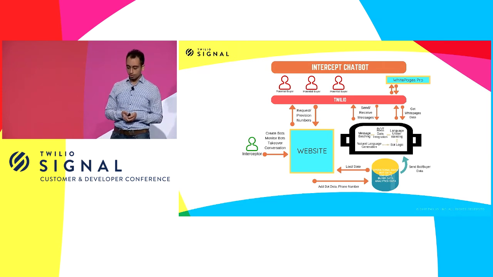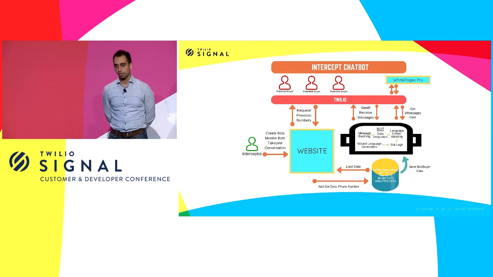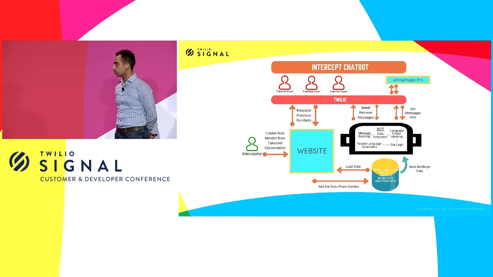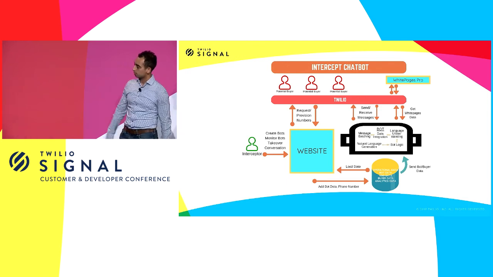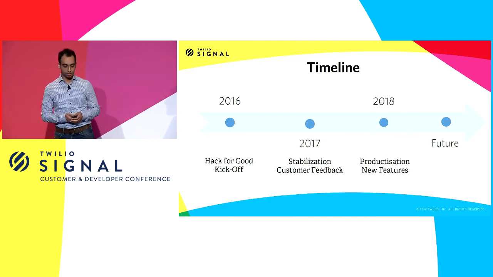Throughout this whole process, a lot of data is saved in our databases, data about all the potential buyers, about the bots, phone numbers, etc., which can or cannot be used by the interceptor depending on the context, if they would like to use it. So this is our architecture at this point.